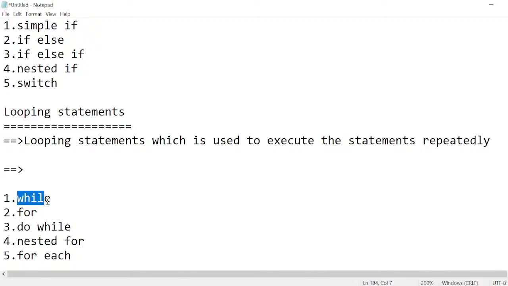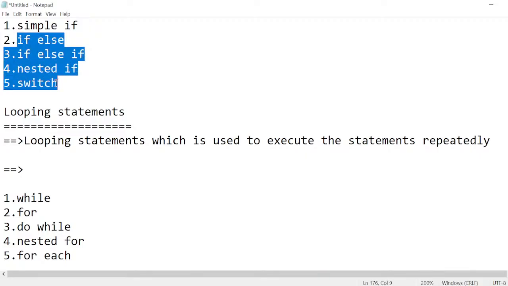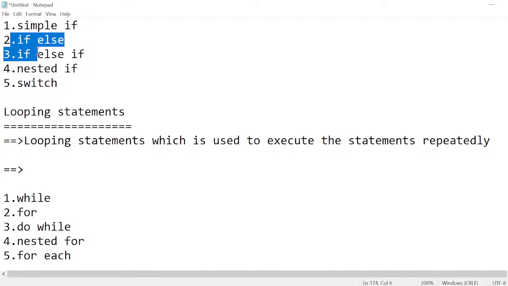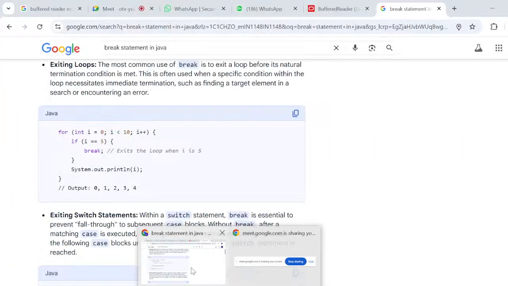Okay. Today your assignment is to do if else if with respect to scanner class, with respect to buffered reader, nested if, and switch case. You have to submit all the assignments. If you miss any one, we don't excuse. Assignments are mandatory. In assignments, we don't give any excuse at all. I will check the assignments. Last session, who has submitted